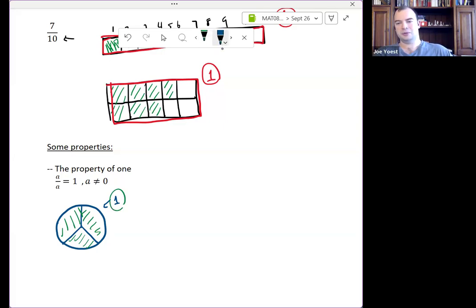Or if I did the same thing with, say, a rectangle or a square, this entire square here represents 1. If I divided this up, maybe I'll just divide it into 9 as an illustration. So if a was 9, I'm dividing this into 9 sub blocks. And then how many am I selecting? If I have 9 over 9, I'm selecting all 9.